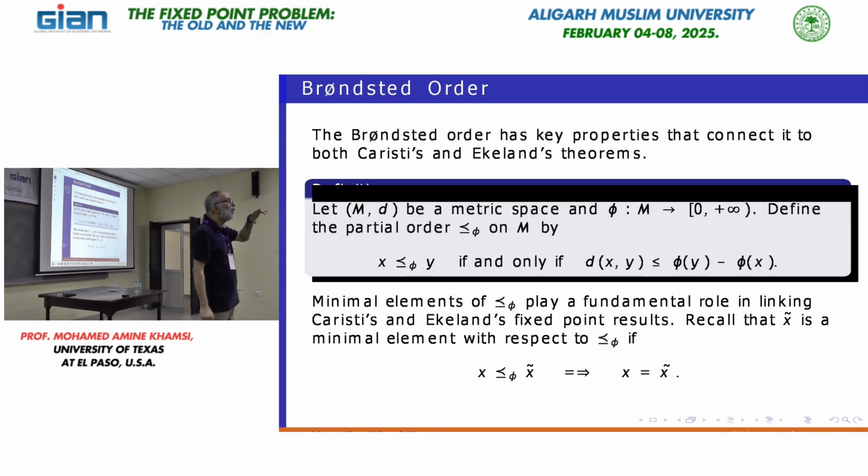Let's take now, by the way, it is a partial order. So I'll leave it to you to show that you cannot have x less than y, y less than x, because this will give you phi of y minus phi of x, phi of x minus phi of y, or 0 is going to be negative, and therefore it's equal to 0, therefore x is equal to y. So you have the anti-symmetry, and you have the transitivity because x less than y, y less than z, x less than z because of the triangle inequality. As long as d is additive, because of the triangle inequality, you get a partial order. So it's a partial order.